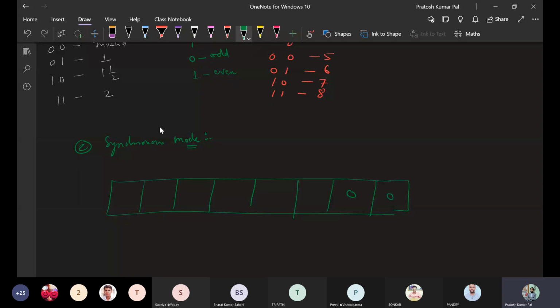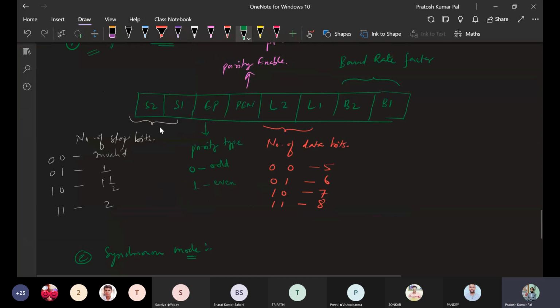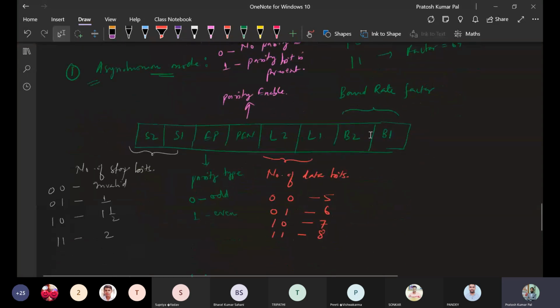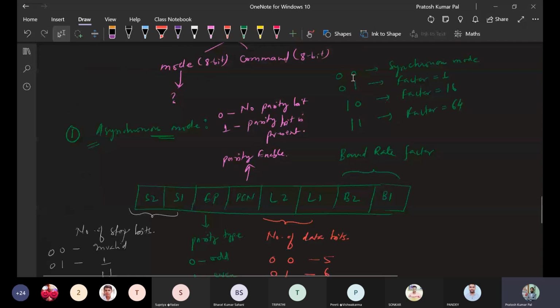These two are 00 in case of synchronous, because in the previous case we considered the asynchronous mode, where this was the baud rate. In that, if it is 00, that means synchronous mode is there. So if it is synchronous mode, these two bits will be 0. Next one is L1 and L2.